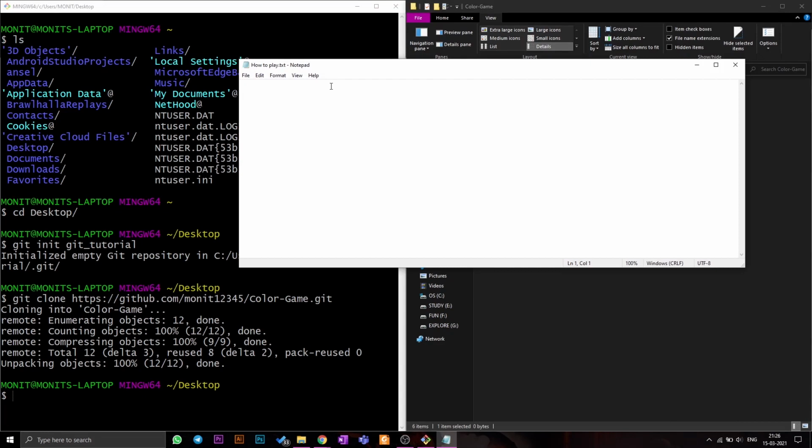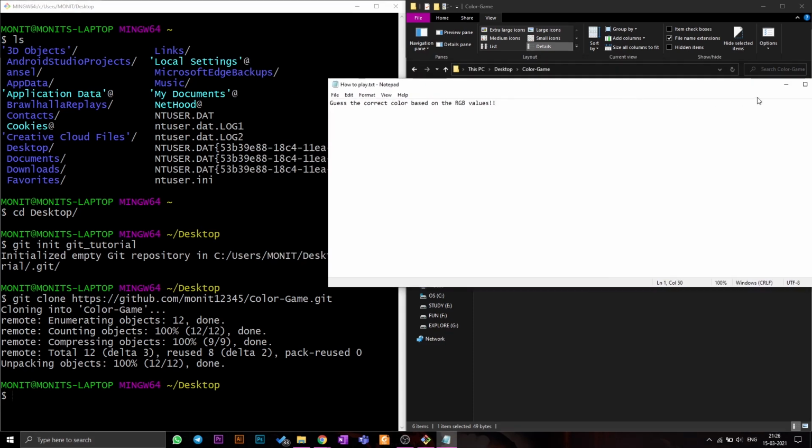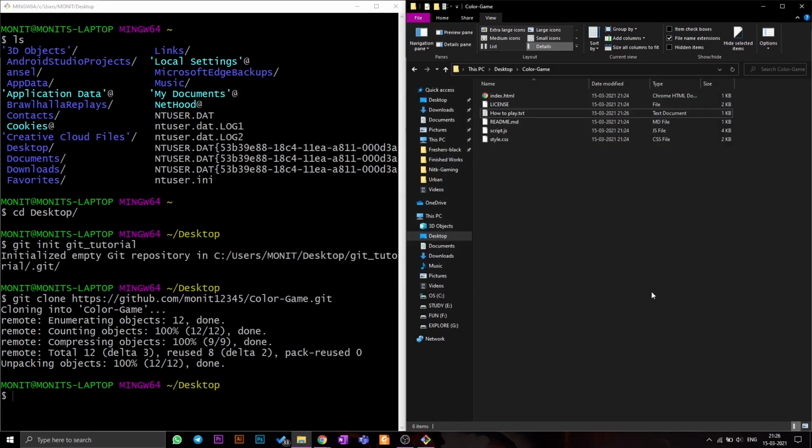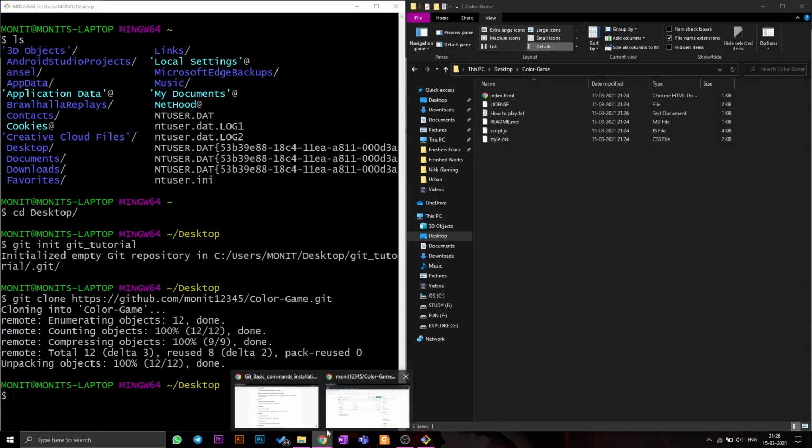Let me update it a bit: you guess the correct color based on the RGB values. That's how you play the game. I'm gonna close it because it doesn't matter. So I have a file in here now.